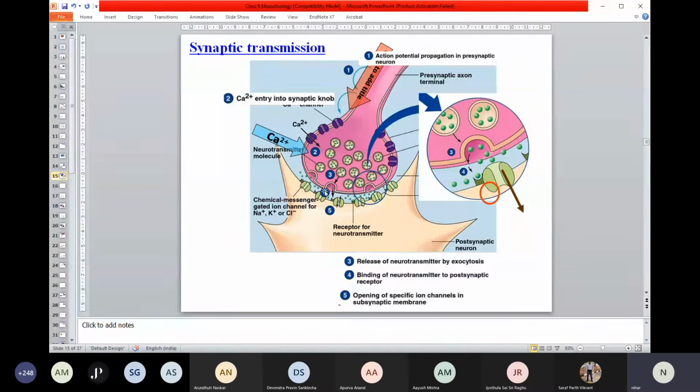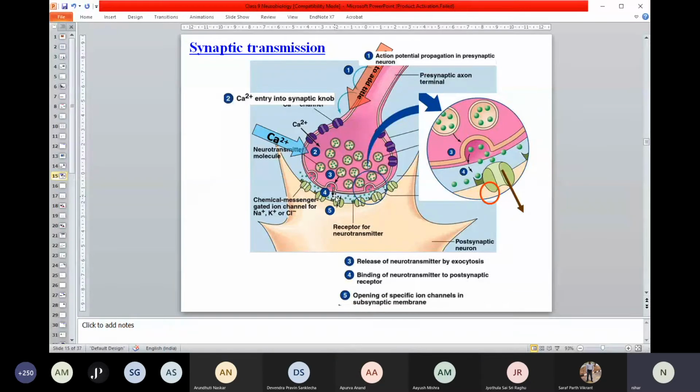You just see this is the end terminal of a presynaptic neuron. This is called the synaptic knob. The axonal tips of the first neuron have lots of neurochemicals, the neurotransmitters, stored in small vesicles. They are filled with this neurotransmitter. Once the neuron gets fired and the action potential arrives at the tip, calcium ions enter the cell. And that calcium helps these vesicles fuse and release their content. You see the content is released.